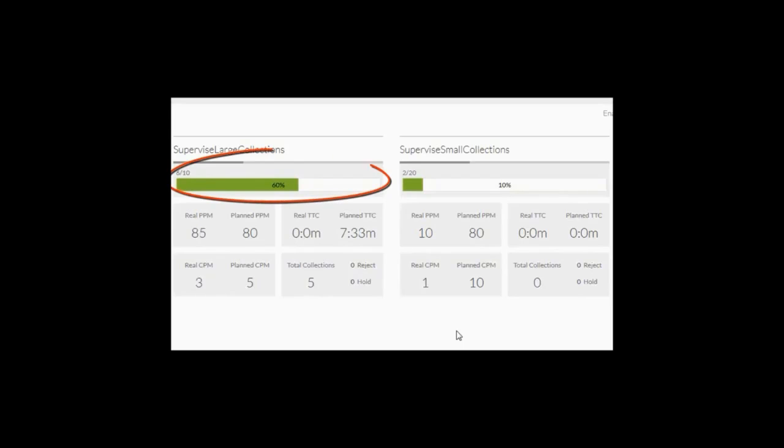You can see that the roller of quantity of collections has turned green. It means if we continue with the same ratio, we are going to process all the quantity of collections that has been left within 1 minute. Take a look at the real time to complete parameter, which is updated in real time. Now it has gone up to 2 minutes. Still, it's less than 7 minutes 13 seconds, which means that we're going to process all the remaining collections on